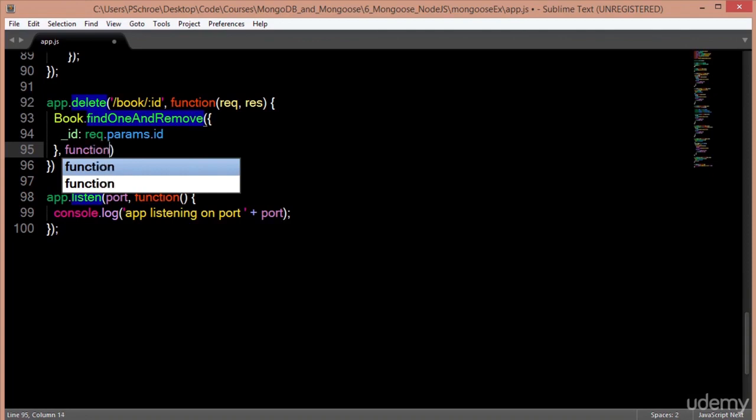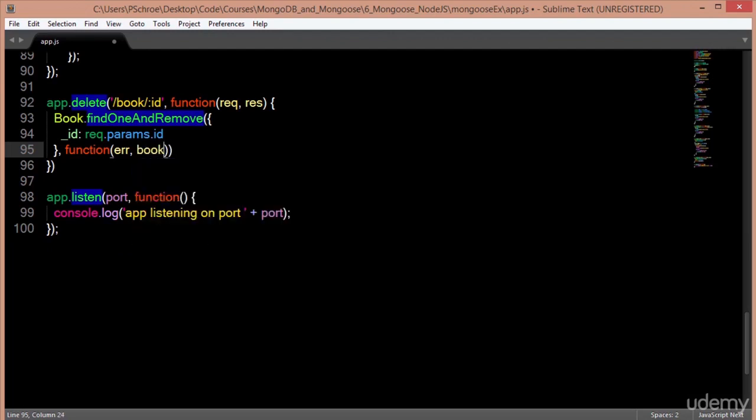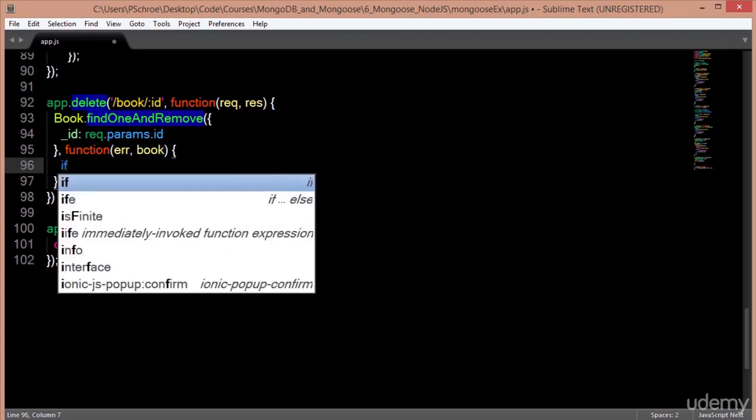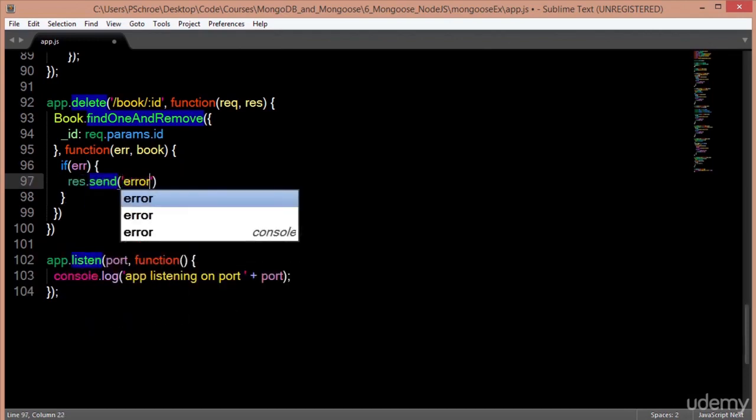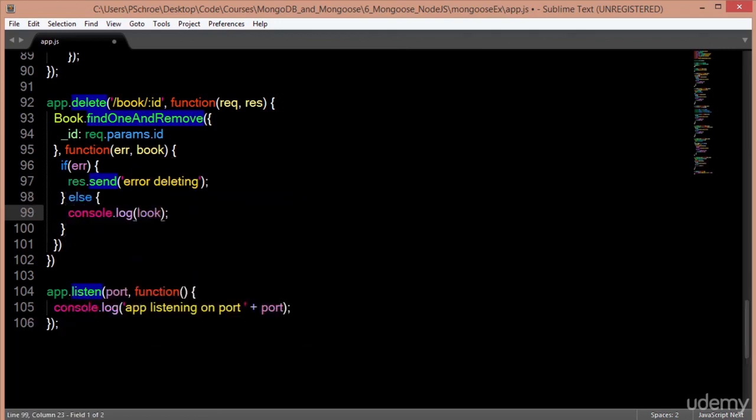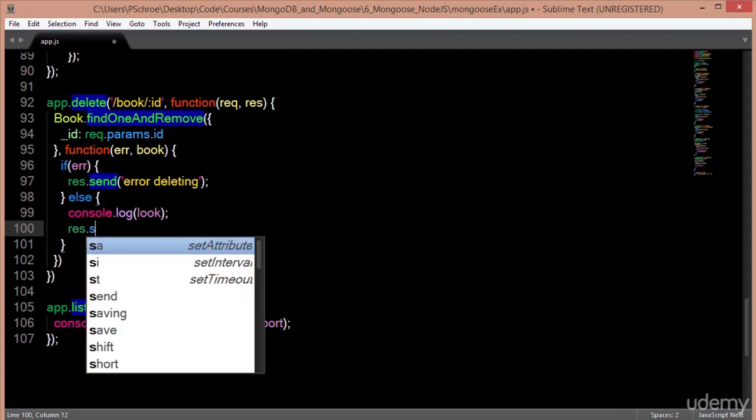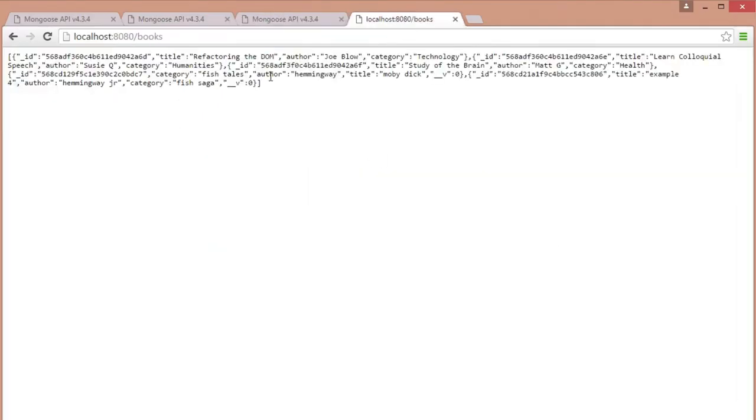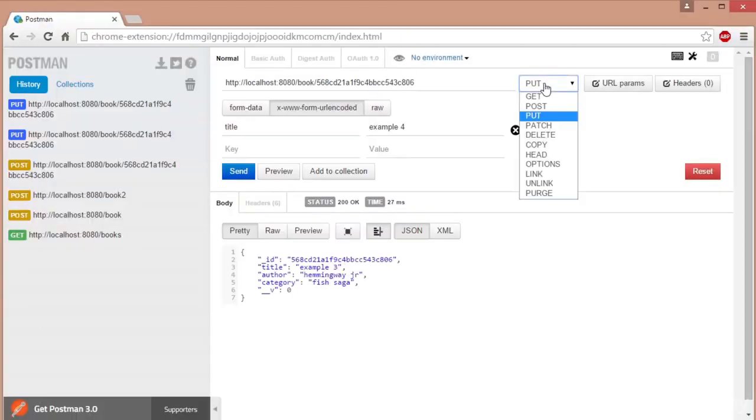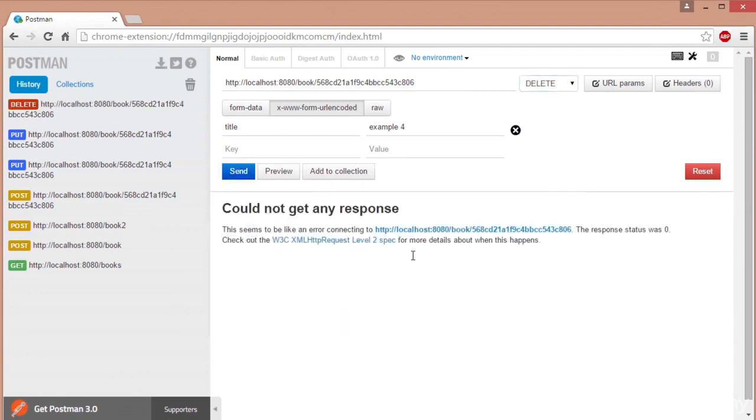And in this example, we don't need any options. We can just go straight to the callback. And on delete, we can pass in our callback. If there's an error, we'll respond with the error message. Otherwise, we'll just log the book, and this one will respond with a 204. Save that. Now I'm going to grab the ID again, and instead of a put, now we'll be using a delete. So if I send this,